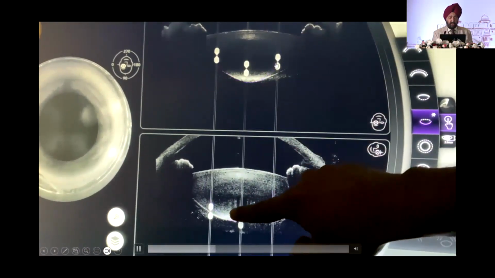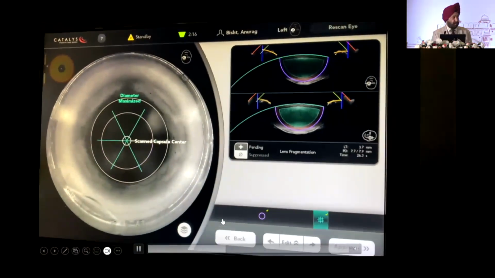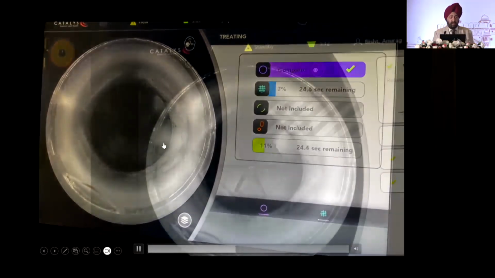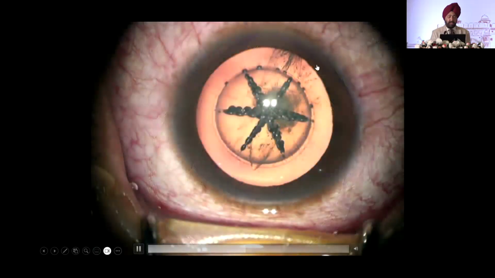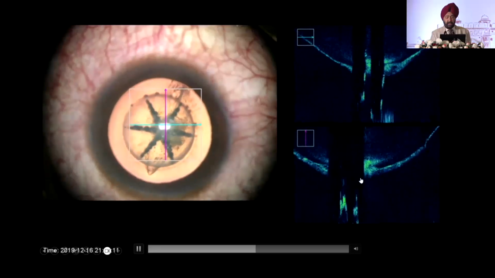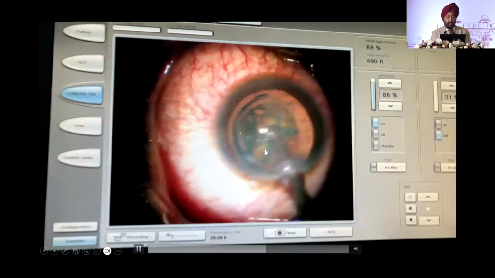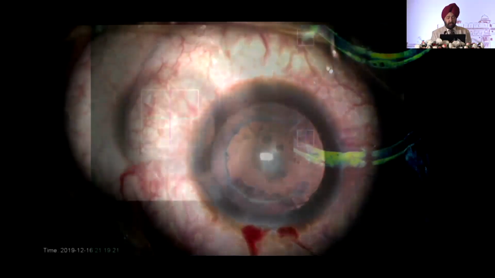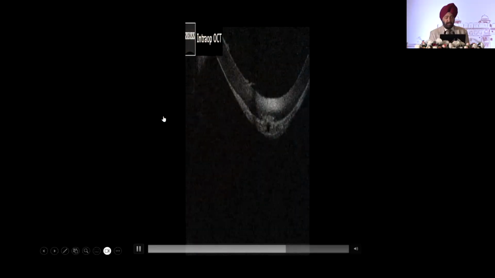So what you can see is that these bubbles we are raising, and as we are raising, we are giving away a particular epinuclear cushion. This is a 5 millimeter capsulotomy that we have done, and then a nuclear disassembly. See this rent which is there on the table after the femto. This is an integrated optical OCT on the microscope, and you can see that there is a rent. Now, what is important here is how the femto has helped. We have not rotated anything, but there was a pneumodissection,